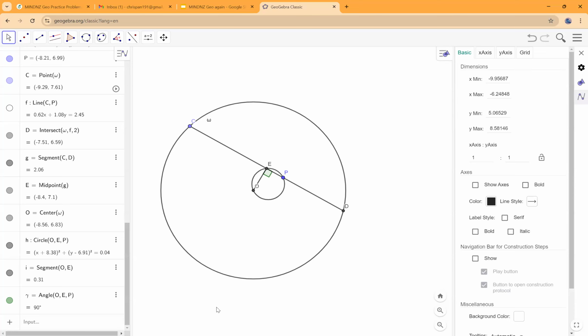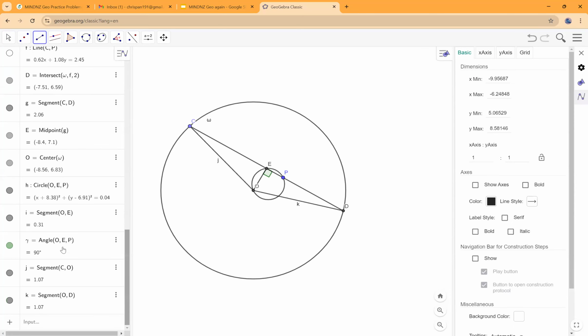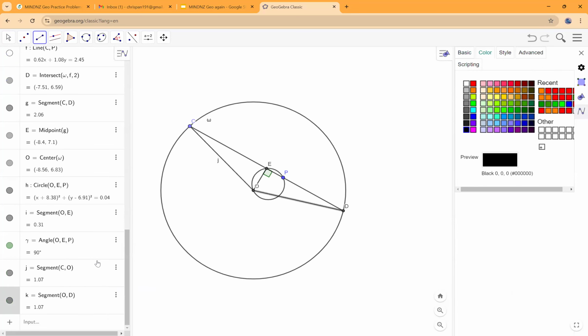Okay, well, I'll just spoil it. It's kind of just well known. It's because E is the midpoint of the chord CD, and the perpendicular bisector of a chord always passes through the center. You can show this with similar triangles, or congruent triangles. If you connect up the two radii OC and OD, then what you can do is you can show,